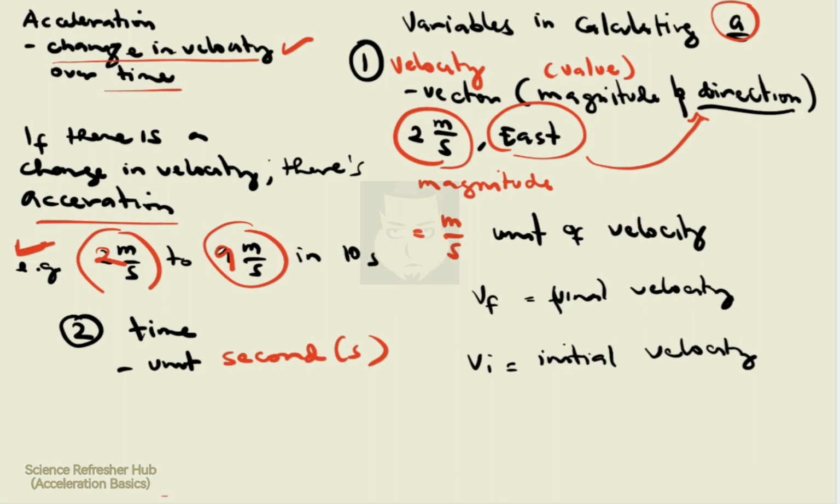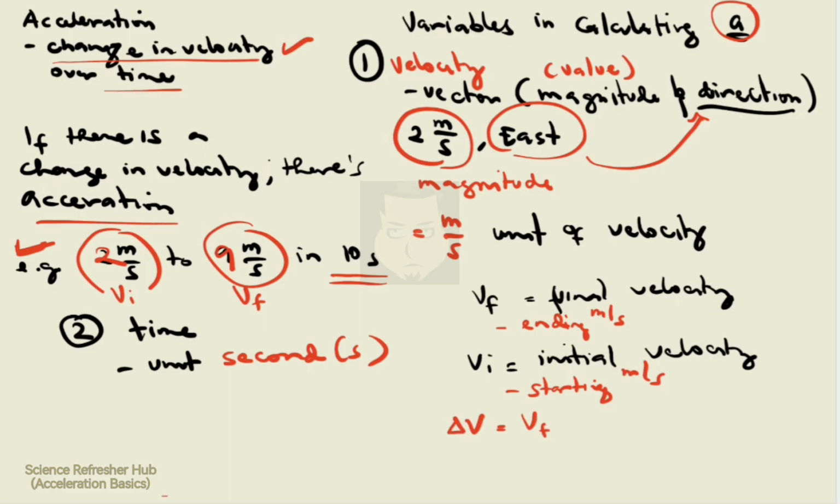So final velocity, very obvious, it's the end meter per second, or it's the end motion of our observation in a specific amount of time, let's say 10 seconds. And initial, from the word itself, it's the beginning, so it's the starting m/s, and our final is the ending m/s. So from 2 to 9 meter per second, it begins at 2, so it's our initial. 9 is our final. Okay, so we can get the change in velocity